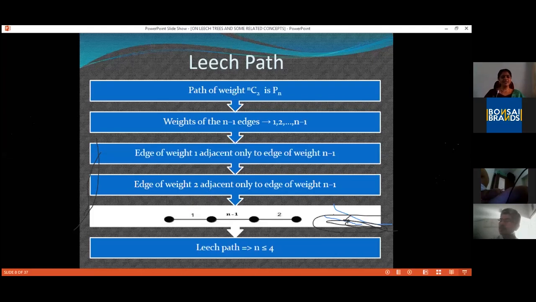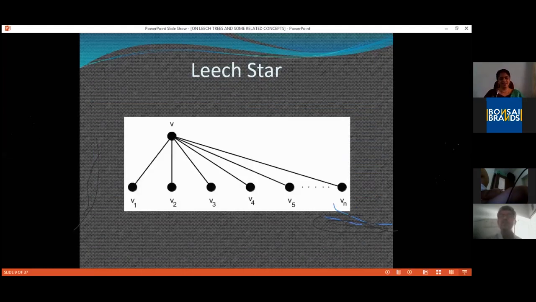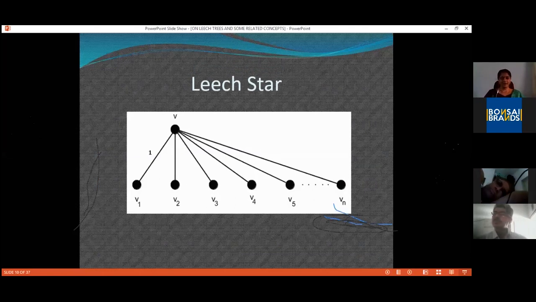The next simplest tree to handle is, of course, stars. Star means there will be one universal vertex and n vertices adjacent to this universal vertex. We denote it by K1,n. So by doing some Leech labeling to stars, these have the same property. We can start with labeling any of the edges. So I start from V V1 and I am labeling it as 1. Next, again, there is an edge labeled 2. We are sure about it.